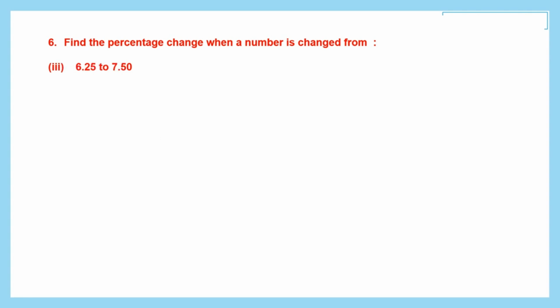Question 6. Third one. Again, the percentage change when a number is changing from this to this. So let's write the original value is 6.25 and the new value is 7.50. So this has increased, isn't it? From 6 to 7 it has increased. So the increase will be, we have to subtract the two and find out 7.50